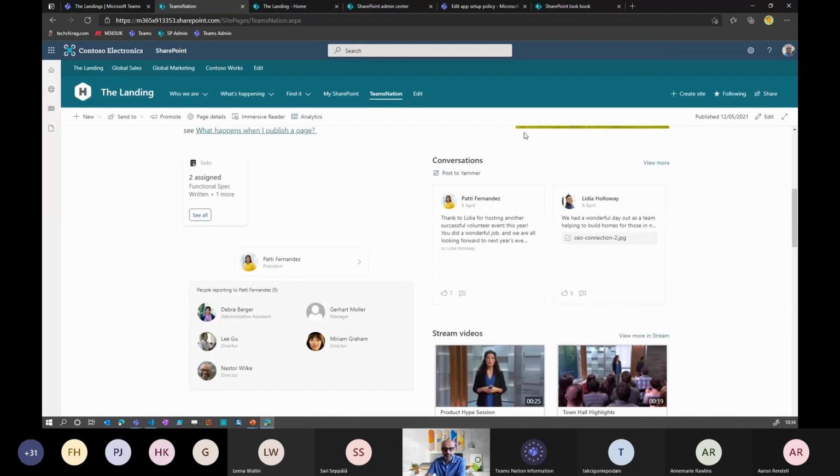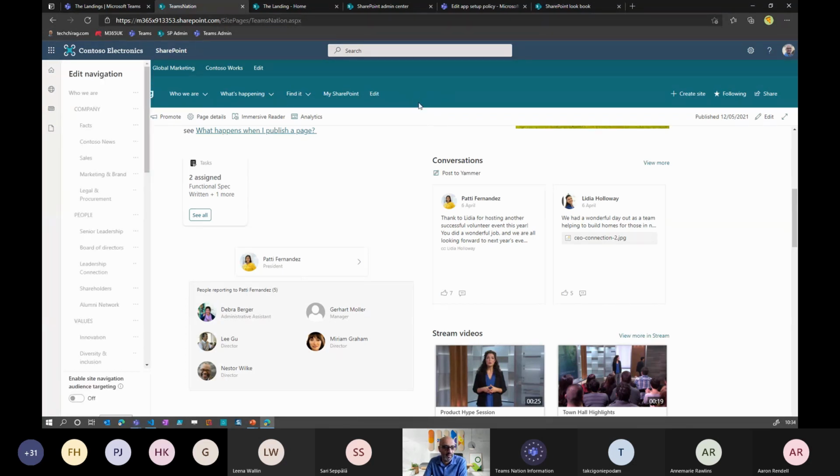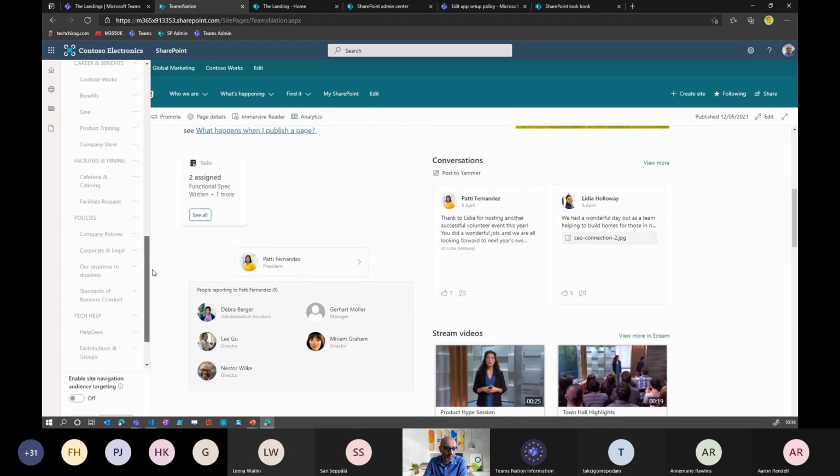So once I've done that to the navigation, again, very powerful with the navigation, because at the moment, what you put in here, everyone's going to see that, but I can personalize and tailor that to a specific set of users. So if I go and edit that navigation, same skeletal structure that I've got here, and if I scroll right to the bottom, which is where my